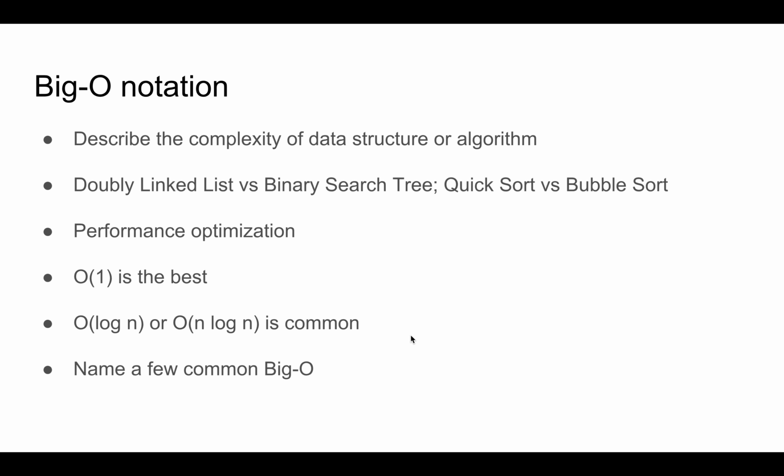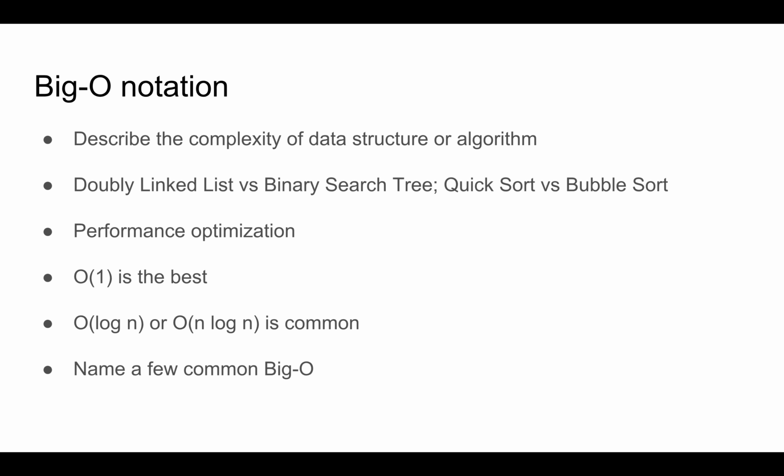So the next thing that you guys might be missing is the Big O notation. You might have heard of Big O notation before, but you may not really understand what it is. Basically, it's a notation that we can use in common to describe the complexity of some data structure or some algorithm. Say, for example, in terms of computation, in terms of inserting an element, would it be more efficient if I use a doubly linked list or a binary search tree? You don't want to